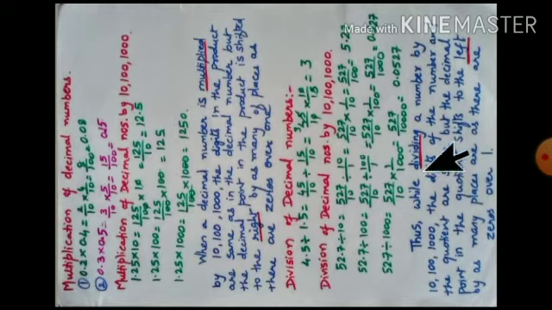So thus while dividing a number by 10, 100, 1000, the digits of the number and the quotient are same, but the decimal point in the quotient shifts to the left by as many places as there are zeros over 1. Okay, so what we observe, if there is 10, the decimal point will shift to the left by 1 digit, so point will shift here. If there are 2 zeros, point will shift 2 digits here. And if there are 3 zeros, point will shift 3 digits over here. Now 52.7, there are no 3 digits, so we will put 1 extra 0, so 0.0527.